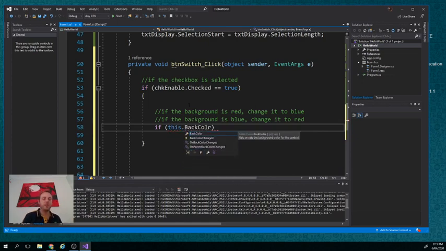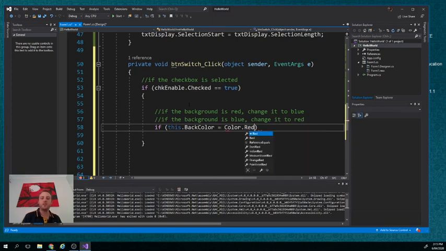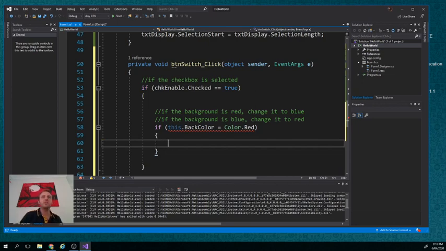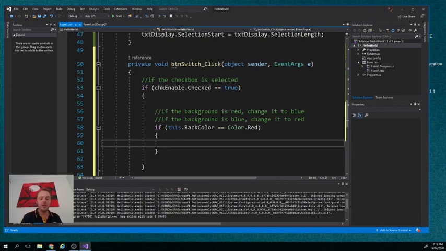Okay, so we're talking about the back color, we want to check to see if it's red. Okay, and obviously in American software, we need to assume that it's going to be in American spelling. Okay, so let's open up that. Now, if this dot back color is equal to, whoops, again, 2 equal signs, very important error. If it's red, you want to change it so that it becomes,